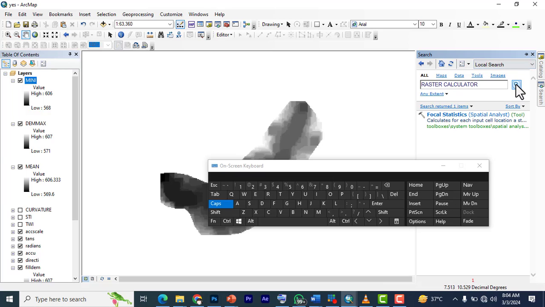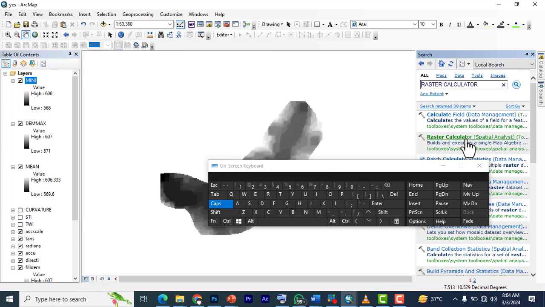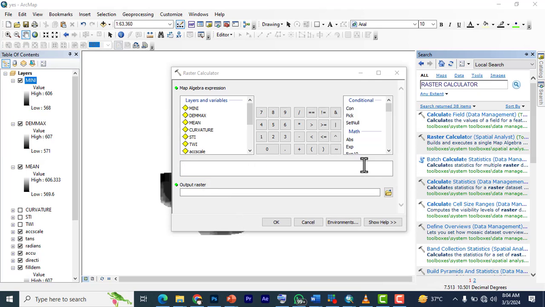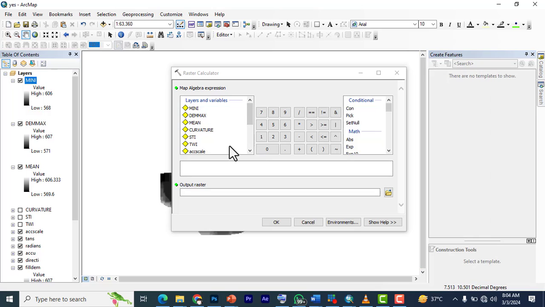Raster calculator, and we'll click search. So we have our raster calculator here. We'll double click and bring it up. Minimize this. So what's the formula? The formula to generate our TRI is the mean